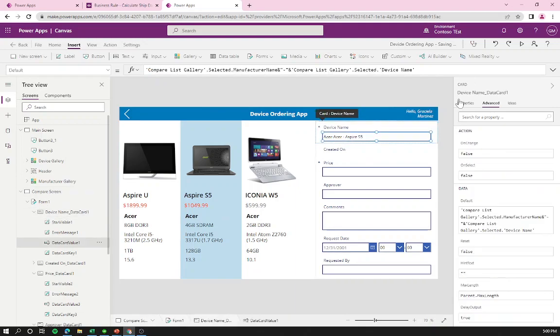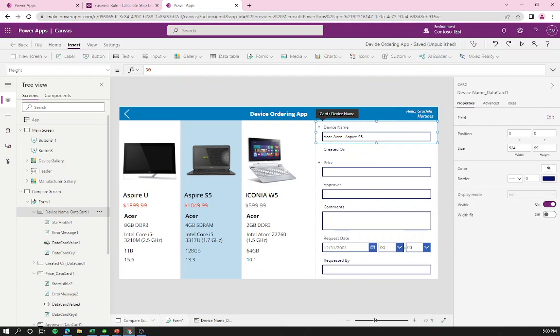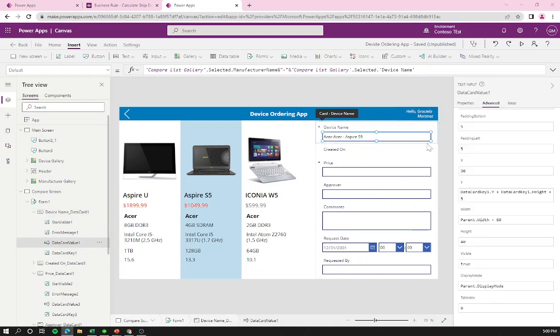Then I'm going to click here, and remember that this is a field that we need to populate automatically. We don't want users to be changing it. So what we are going to do is set this up to be view only, and that is in the display mode